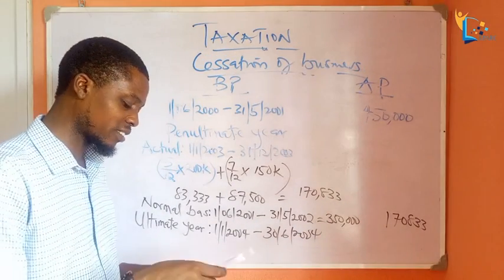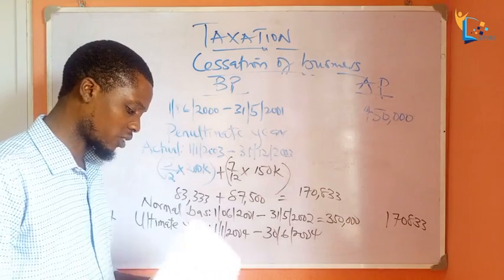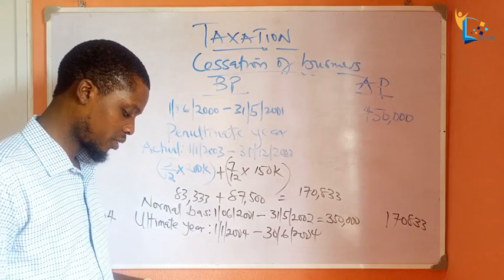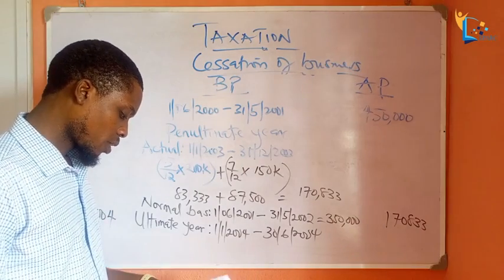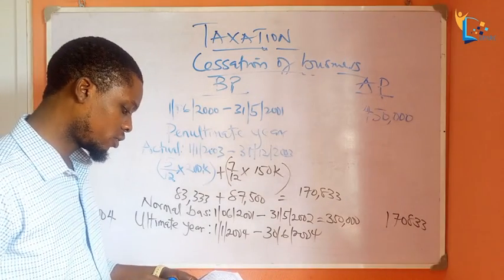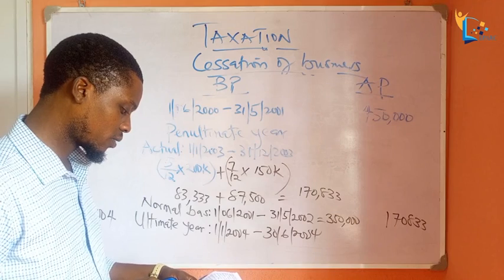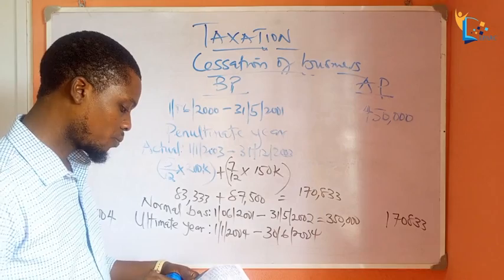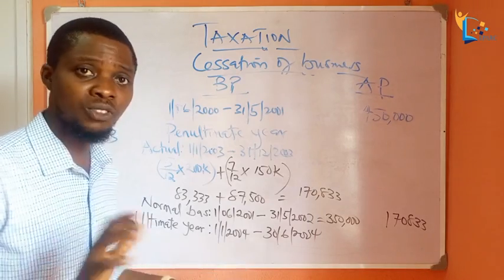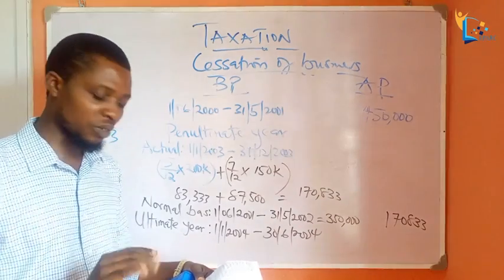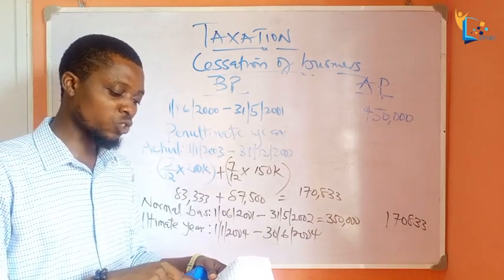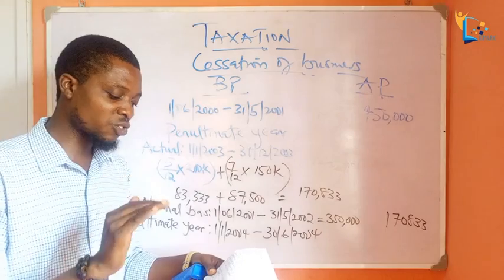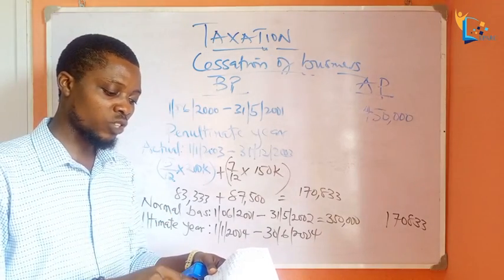So let's see. Do we have any information on that? Let's see. Okay? So here we have the period that is 30th of June 2004, which is 20,000. Are we together? Check your question, you will see it. Period to 30th of June 2004, which is 20,000. And our concern here is 1st of January to 30th of June 2004.